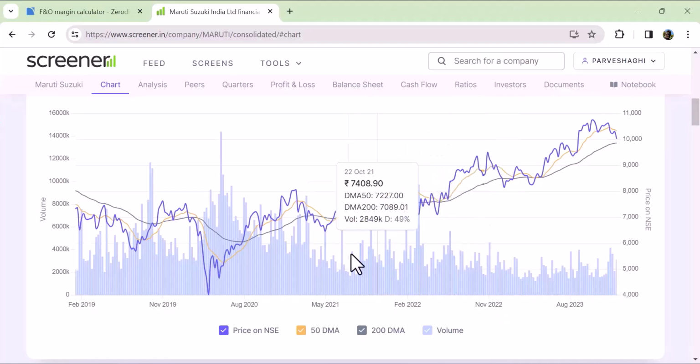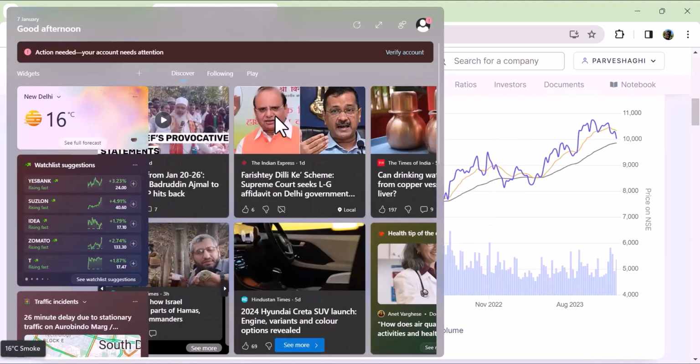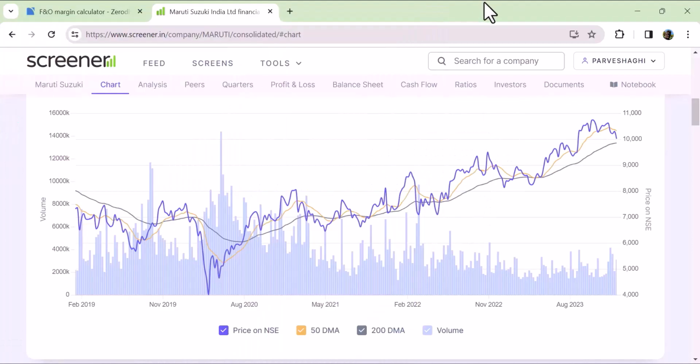Here, you find that most of the time the 50-day moving average was down. At many times, the stock was correcting. Then again, the 50-day moving average was going up, the stock was rising a bit, and then again whipsawing. So this was a kind of consolidation phase of Maruti. In a consolidation phase, the moving averages don't give you the right picture. You can't rely on a moving average if the market is consolidating or the stock is consolidating. Now in a 5-year chart, Maruti is consolidating.